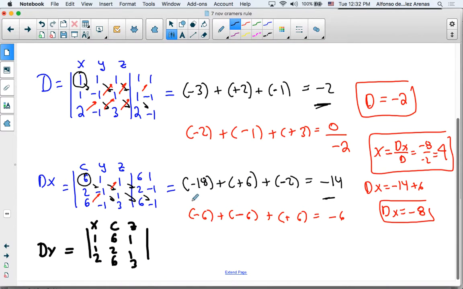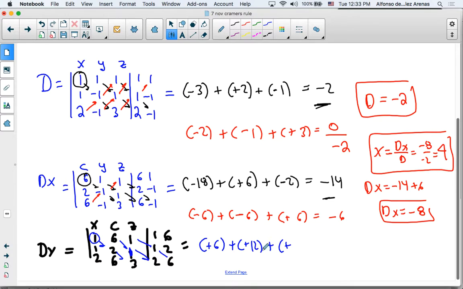So again, you have to repeat the first two columns, 1, 1, and 2, 6, 2, 6. Beginning 1, 1, first multiplication, all positive, so it's positive 6, plus second multiplication, this one goes here, right? So this is the second multiplication, all is positive, 6, 1, and 2 is 12, plus the third multiplication